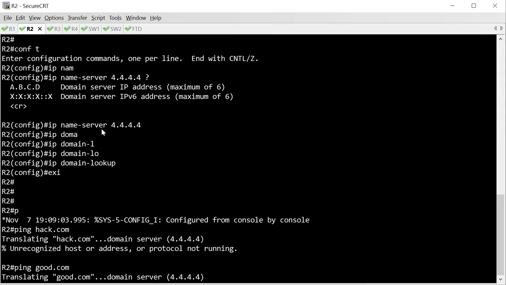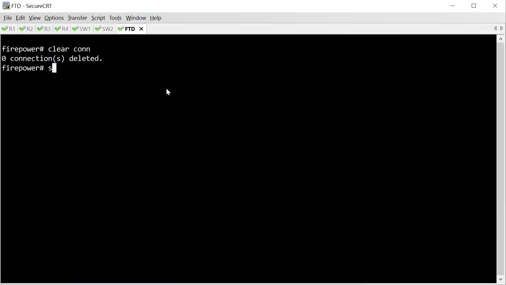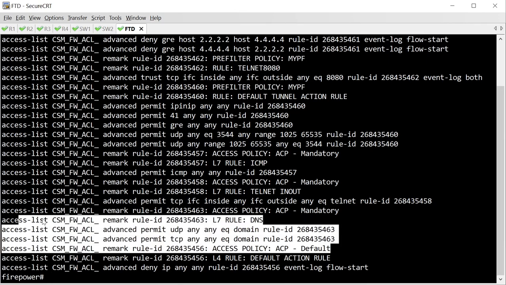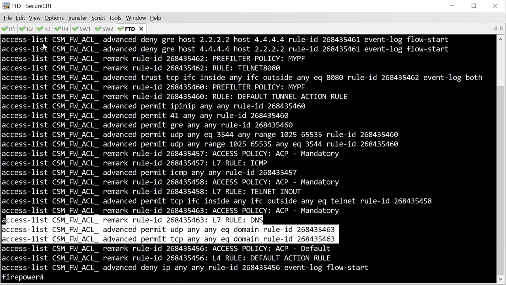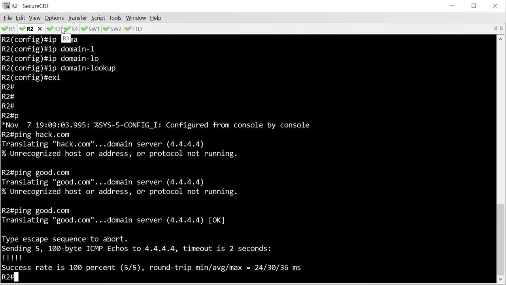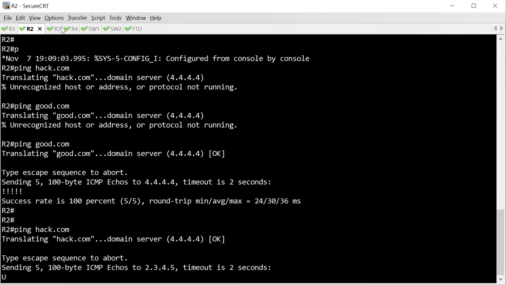But not to the other domain. Well, let's take a look at the access list here. Do we have the DNS rule in place? Okay, now we have it. Okay, so I can get to this domain, but when I try to get to hack.com, we see that a